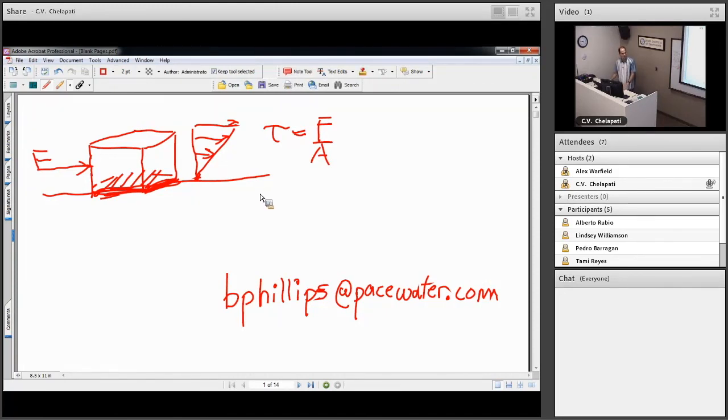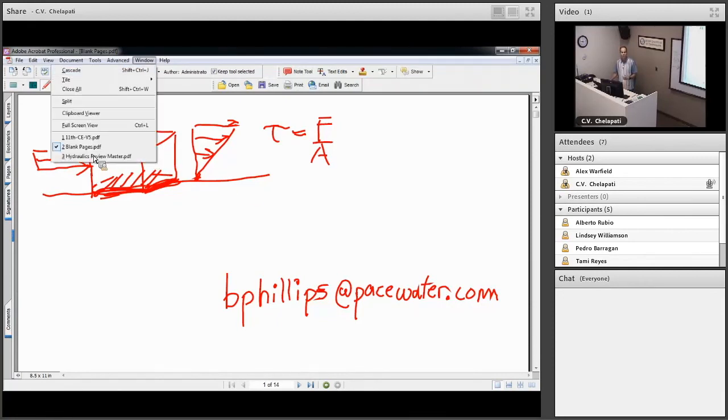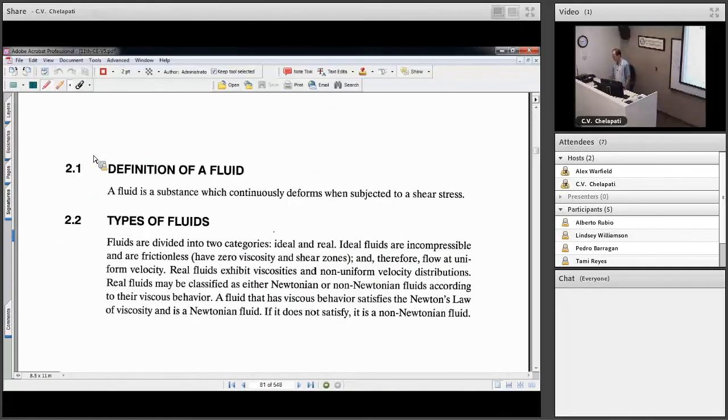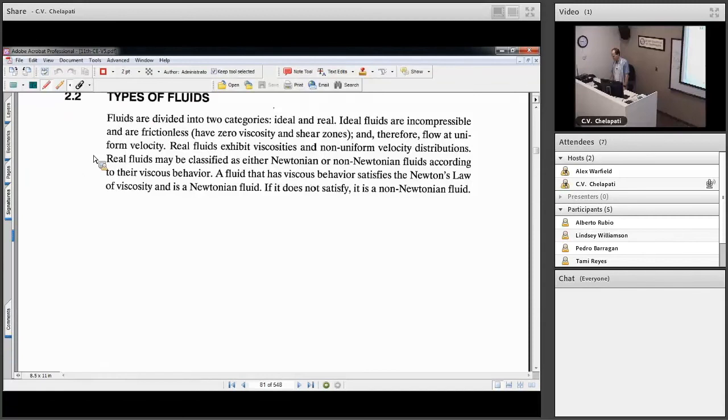So let's get into basic properties that we're going to use throughout today that are very important. First, we'll look at the weight properties, which you've seen in other classes. First we have the mass density. The mass density is the mass per unit volume. And for water, and we're going